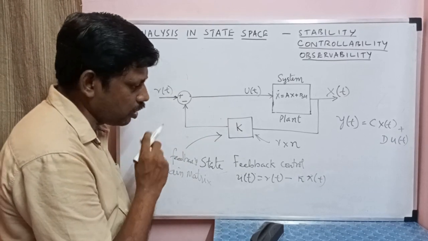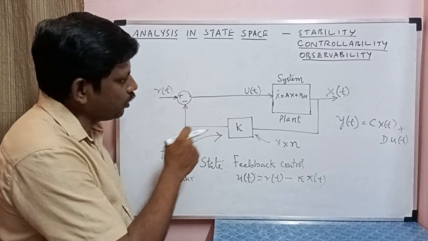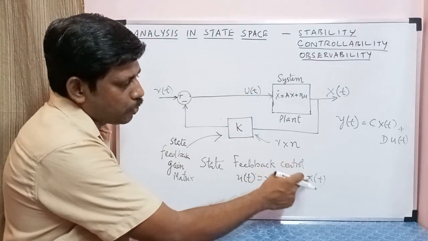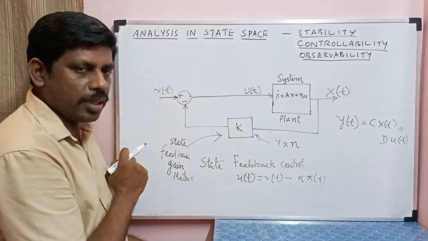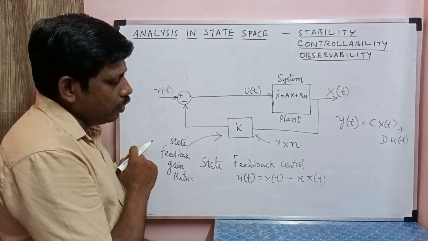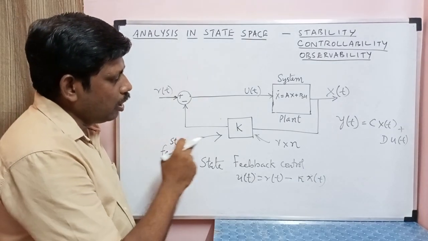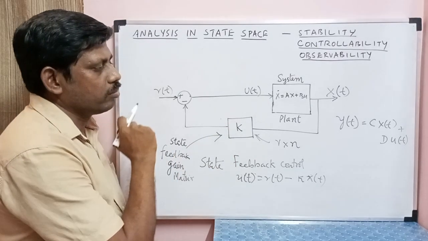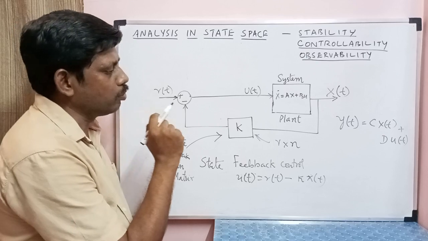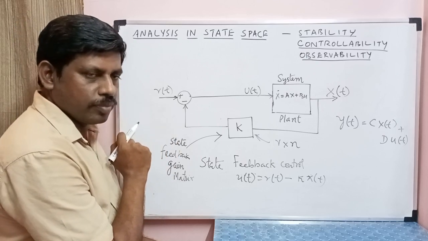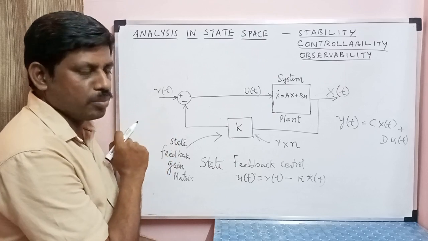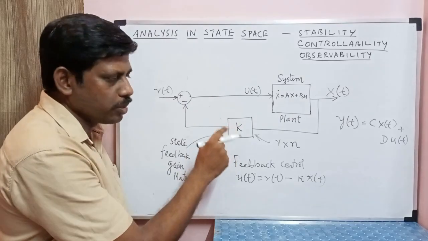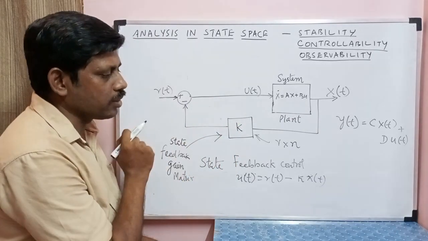This is what we call the state feedback gain matrix. Obviously, u of t can be controlled by appropriately choosing the value of K. Now we will see how inclusion of this state feedback alters or modifies the location of poles and improves the performance of the system, because the ultimate purpose is to improve the system performance, and that has